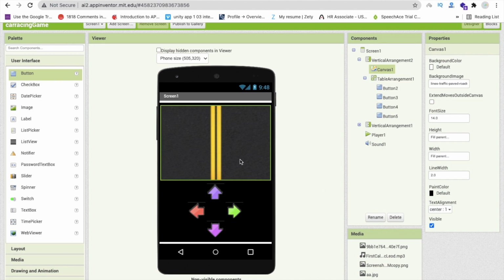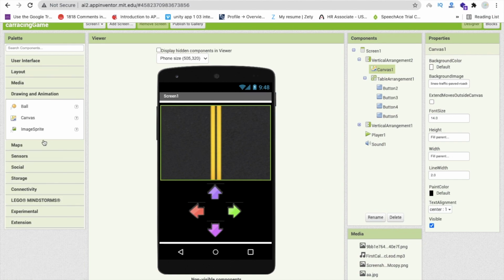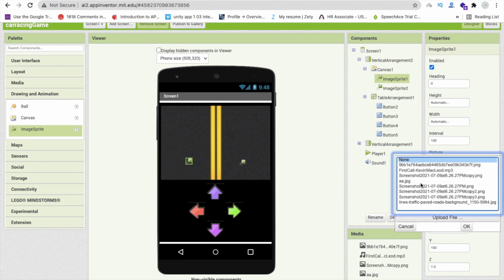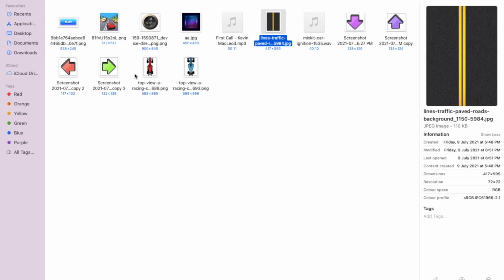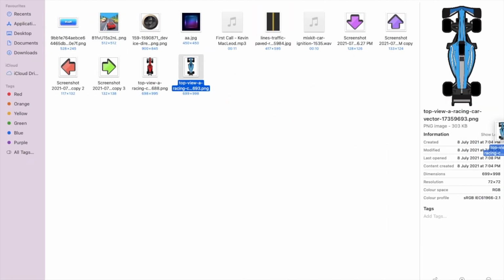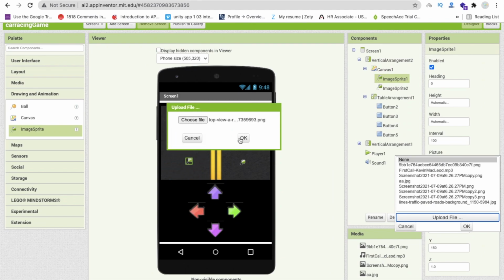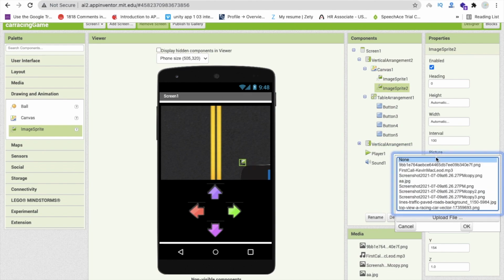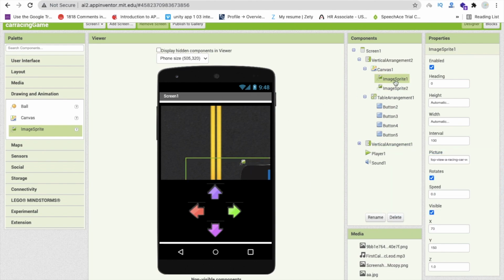Now we need two image sprites here. So drag animation, one image sprite, this one, and this one another. So select that one image sprite, and we need to upload one image here, picture, upload file, and we have 2 cars. The first one is blue and another one is a red car. So upload that image here, and we need to upload for the other also, but we need to set the height and width of image sprite one. So I'm going to make this height around 100 pixels. Let me just check, and then the width is 50 pixels. How does it work? Yeah, it's cool.